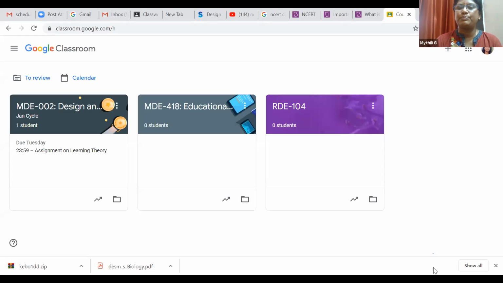Once this place is available to you, you will see a plus symbol. This plus symbol helps you to create classes. Once you open the classroom, press the plus symbol.